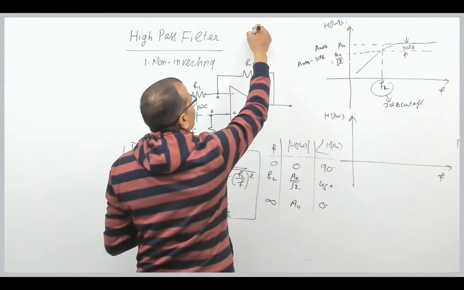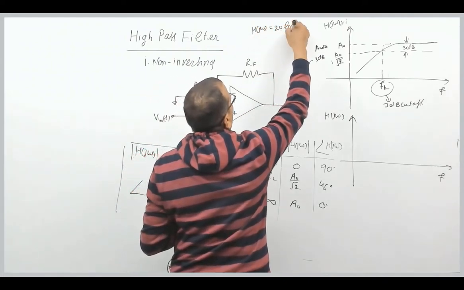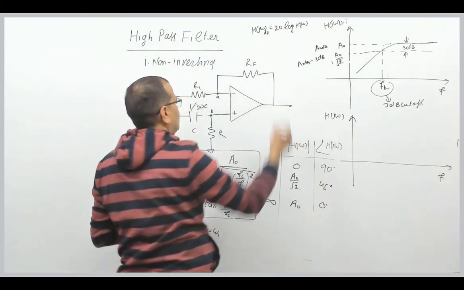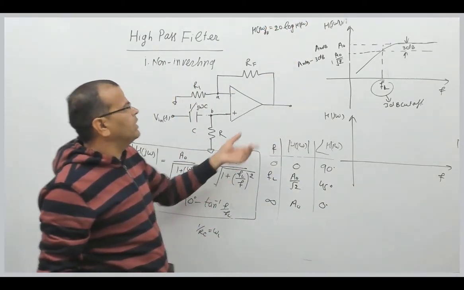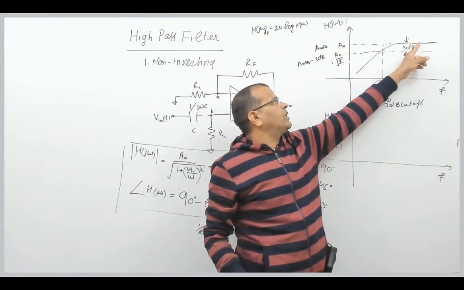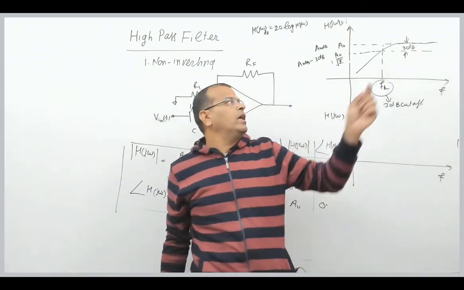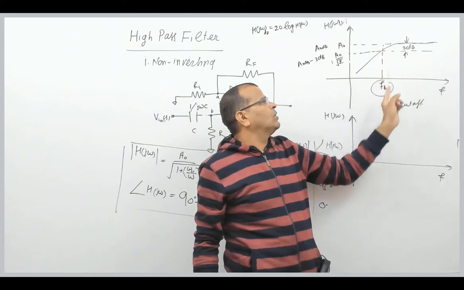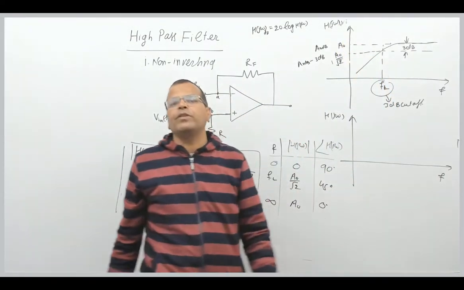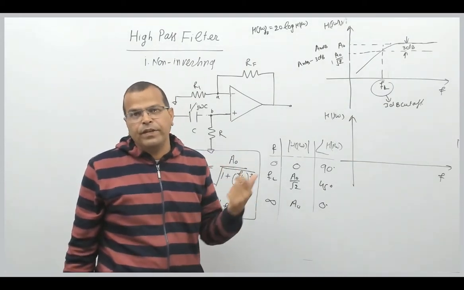So when magnitude is taken in decibels, how do we take that? That is 20 log of |H(j omega)|. This is magnitude in decibels. When you take the log, the difference between magnitude at high frequencies and magnitude at cutoff frequency is 3 dB. So that's why this frequency is sometimes called the 3 dB cutoff frequency, right? This is the transfer characteristic of the filter.